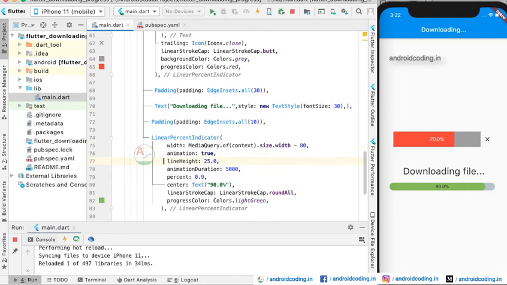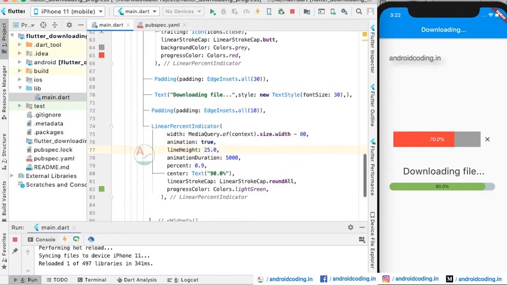And also here we are having an animation parameter set to true, and here you can also specify the duration. So in the duration here we have specified 5000 milliseconds, and so the time taken to fill the progress up to 90% will be 5000 milliseconds.